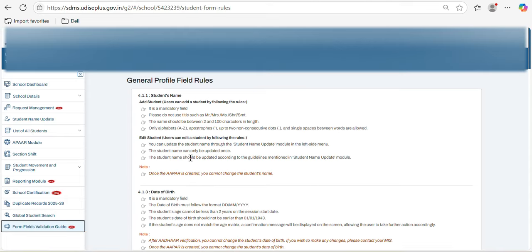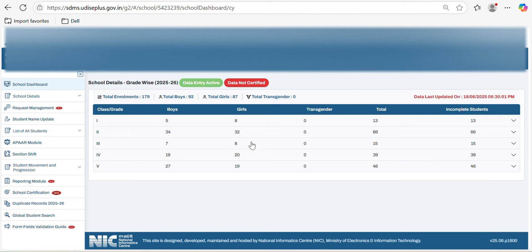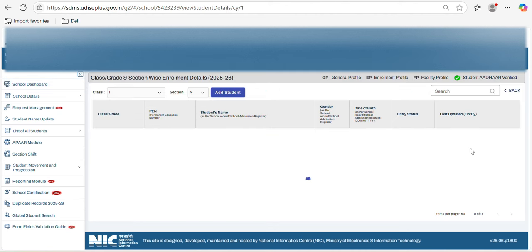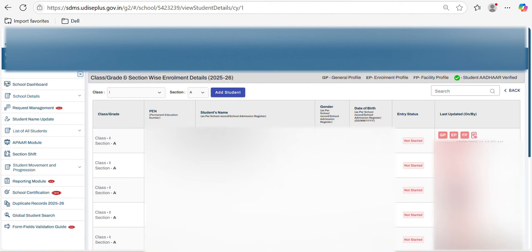And coming back to the updating of all three profiles of the students, we generally call it GPEPFP. That is nothing but general profile, enrollment profile and facilities profile. For this, every school has to update each and every student's details. See, for example, if there is a student called Alina Begum,